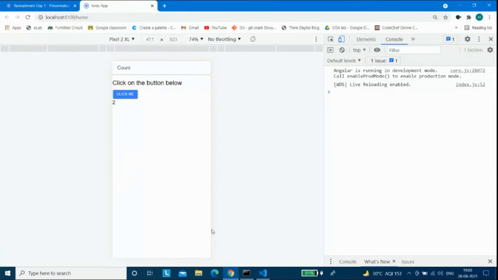So I think everyone was able to follow till this, right? We didn't do much today. Basically, we're just introducing the Ionic framework and the concept of app development using it. Simply, you click on the button and it will increase the count. You can try decreasing the count as well: you added +1 every time you click, so create another button and add -1, which will decrease. You can try that on your own after this session.